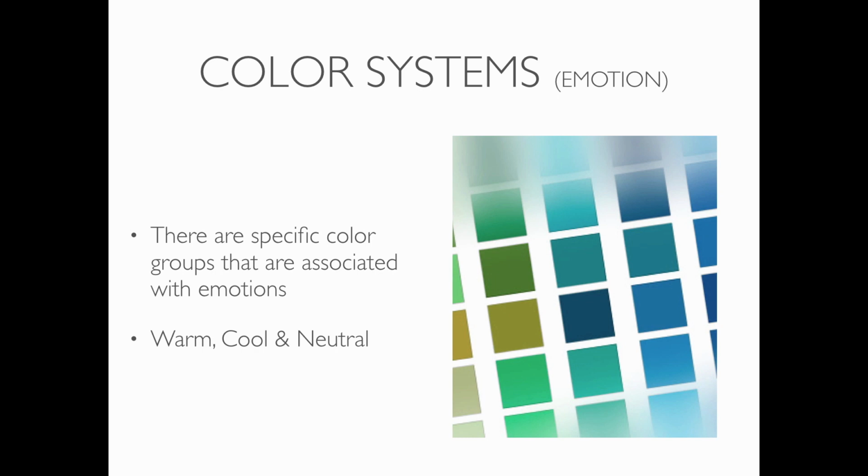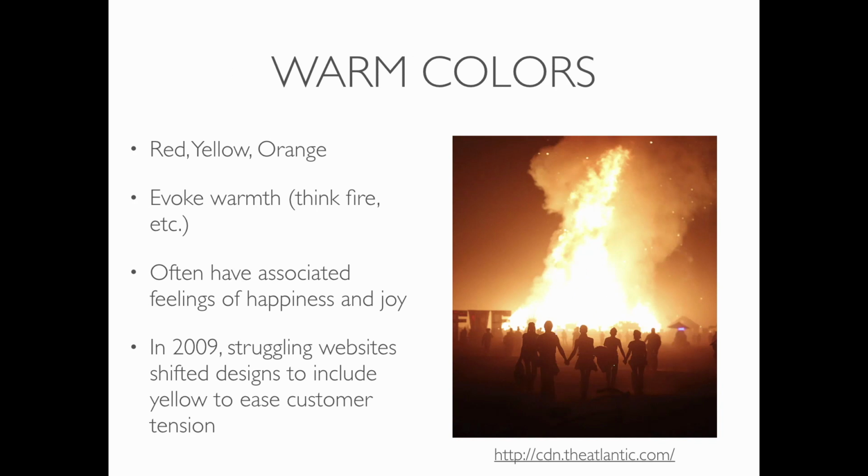There are warm colors, there are cool colors, and there are neutral colors. So our warm colors are generally our reds, our yellows, and our oranges. I think they're called warm colors because they're very similar to fire. If you look at a fire, generally you're going to see those colors. Okay? So they're warm colors. They're often associated with feelings of happiness or joy. In fact, sometimes web designers or graphic designers will shift to using certain colors to try to make you more excited about things. And we'll explore that a little bit later on in this lecture. So those are the warm